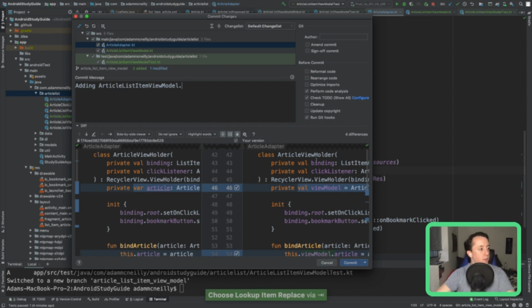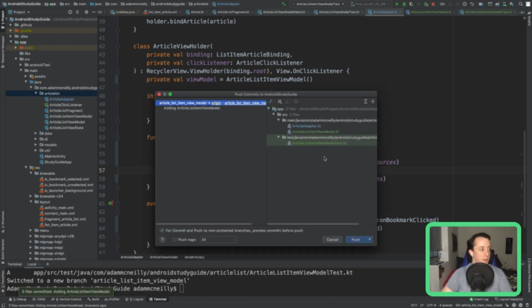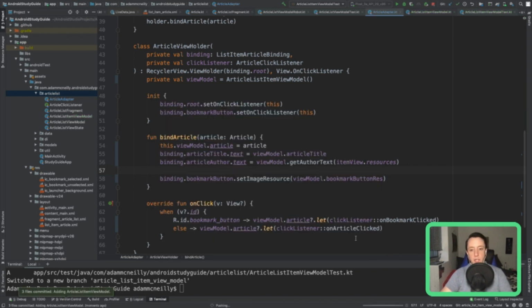Item view model. So I'm not going to merge this code yet. I'm going to think on it, but I just wanted to show off that concept. Because we can write unit tests here if we want to use something like MockK to mock our resources, but sometimes that can be kind of annoying. I'm also not sure how it would work with the toSpanned call, but I'll have to try that out later.